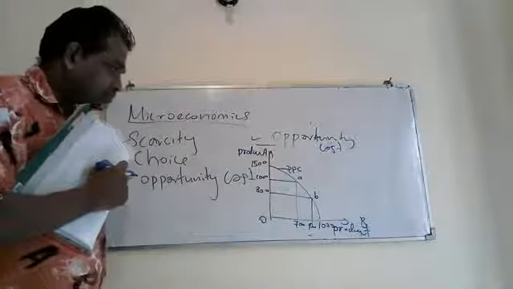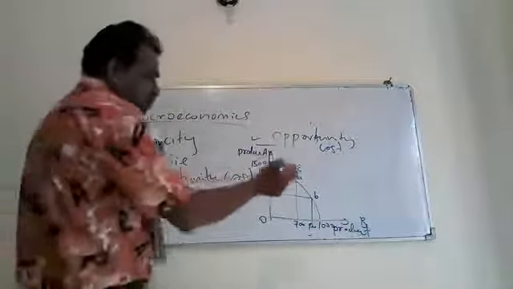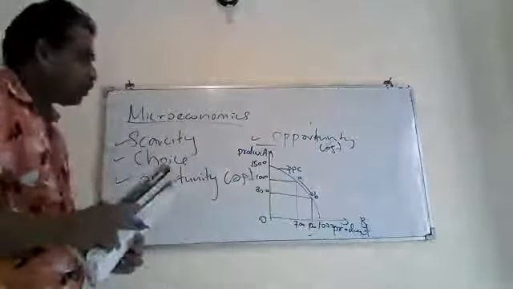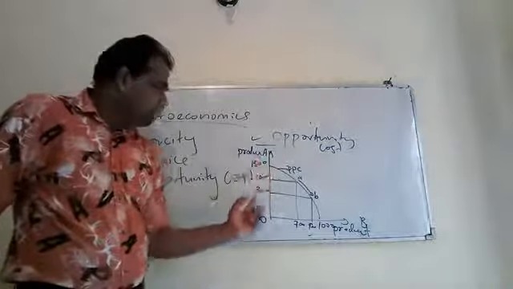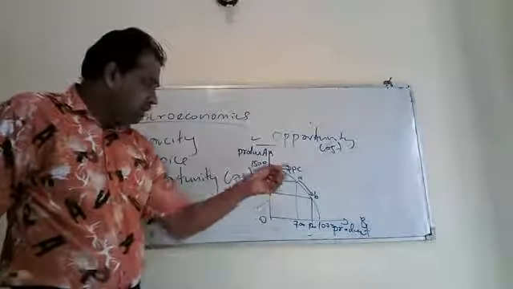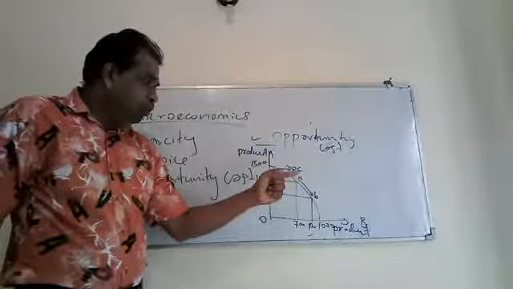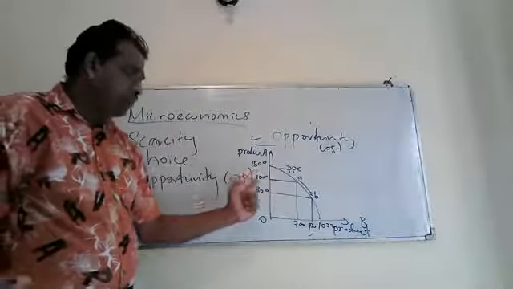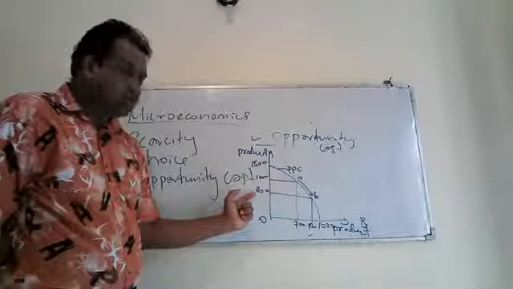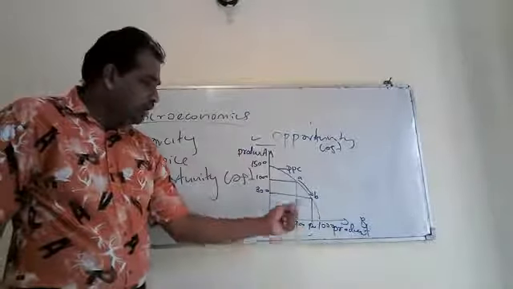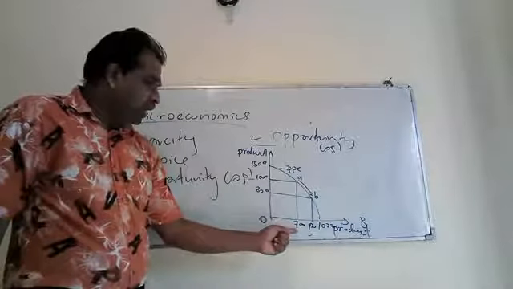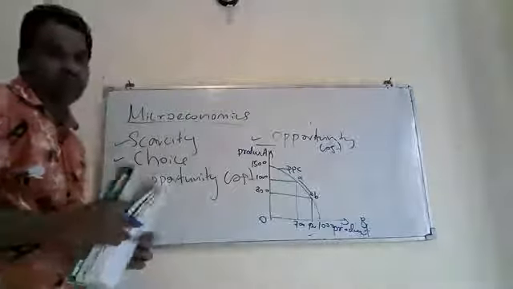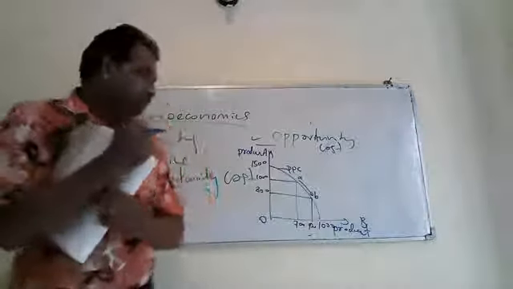Then, if you want to increase the production from B, then you have to definitely sacrifice some units from product A. You understand what is happening here: when you move from combination A to B, you have to reduce production from 1,000 to 800 from product A, and you can increase production from 700 to 900 of product B. That is what you sacrificed when you increase the production from product B.